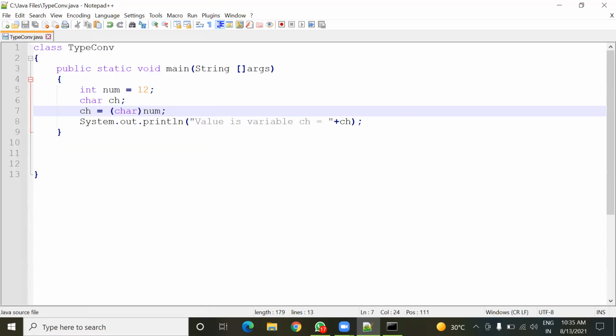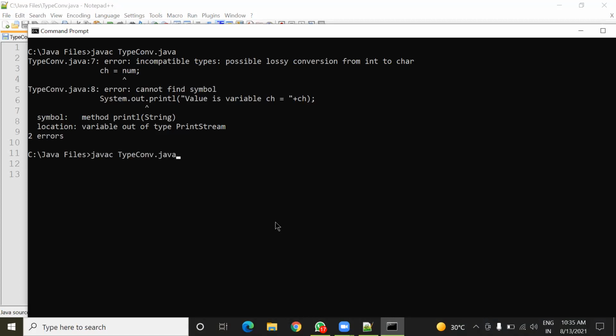So now I'm going to save this and once again compile this program. So now you can see there is no error. Now we can execute this program. So java and then the name of the class file, CONV.